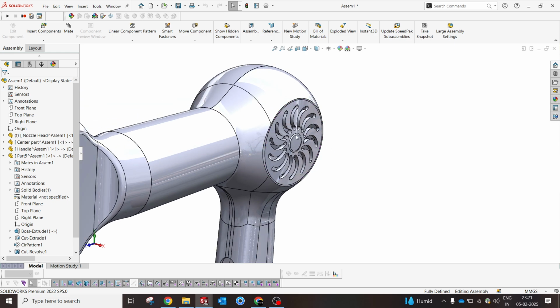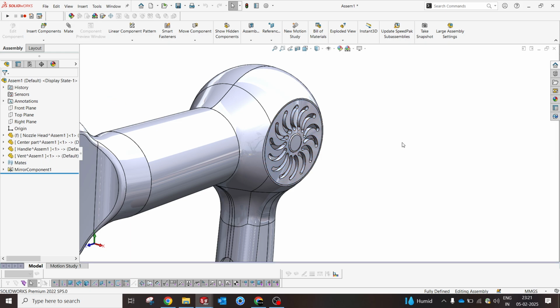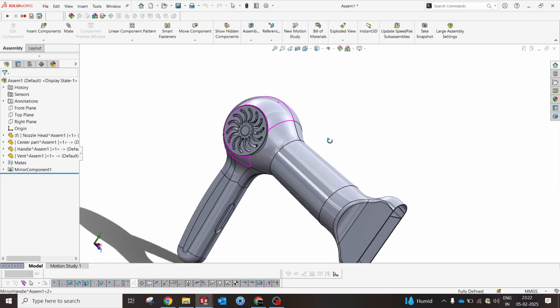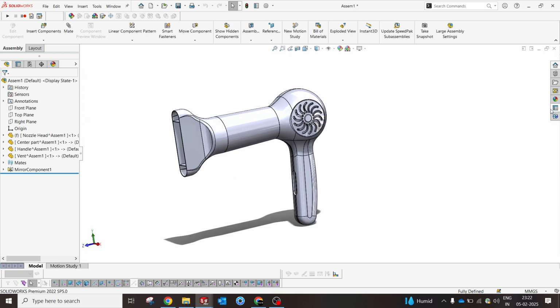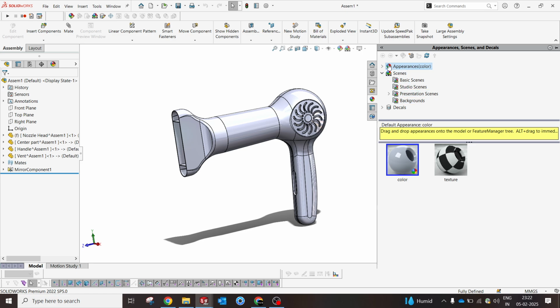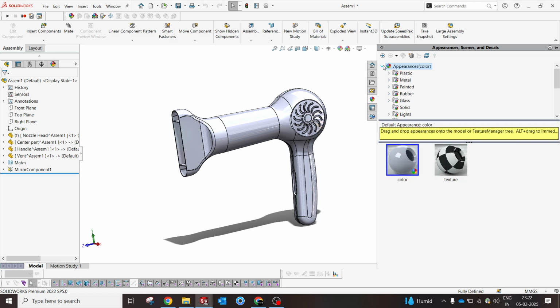So yeah, the center portion is ready now. I mean, the vent part is ready. You can right click, select here this mirror option, and go for it. Perfect. So, and always go for a selection, scene, studio or preference, whatever the color you want. You guys can decide. I mean, the inside plastic, high glow,